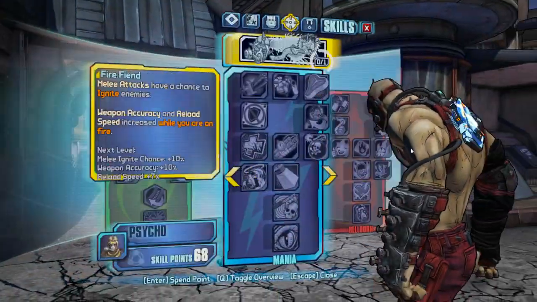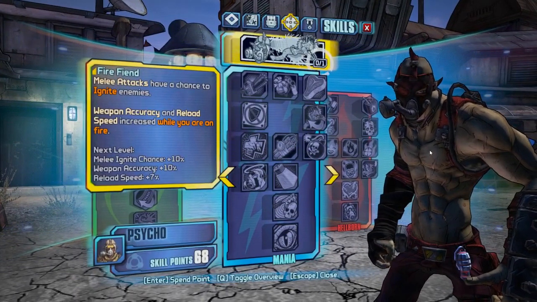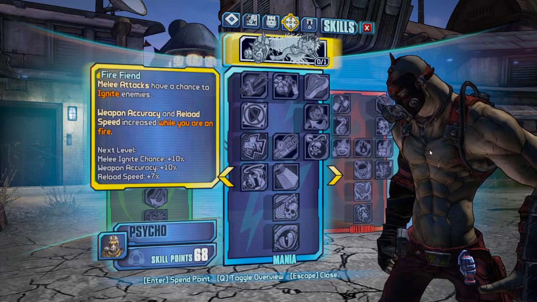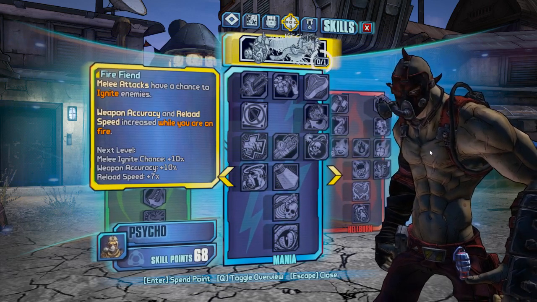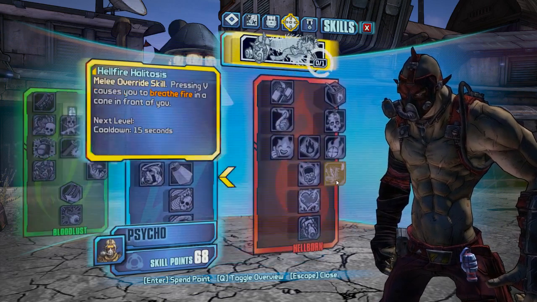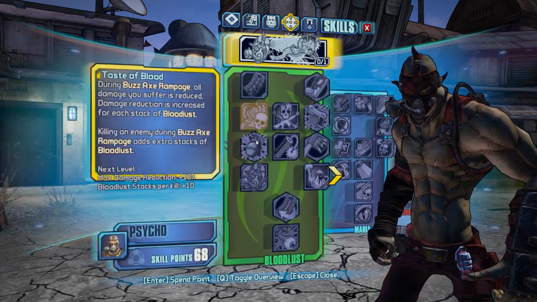See, Krieg is the first character I ever got to level 72. I love the idea of a melee character, and something that's so synonymous with the Borderlands series is a Psycho, and being able to play as a Psycho in Borderlands is freaking amazing to me. So, I've tried out a bunch of different things with Krieg on my journey to level 72. I've tried out a bunch of things in Hellborn, as well as Mania, as well as in the Bloodlust tree,